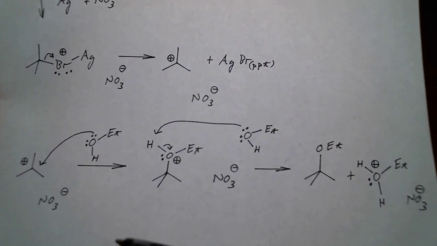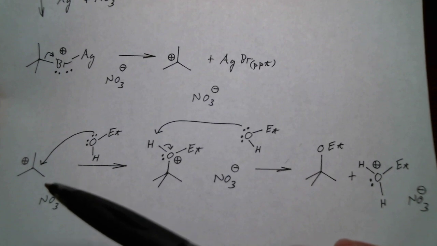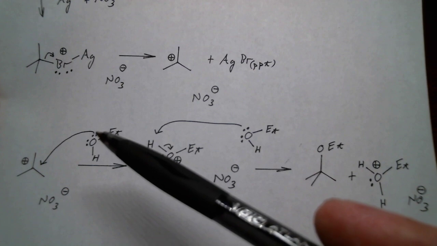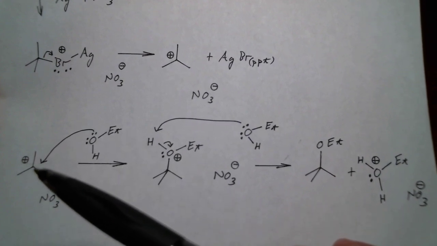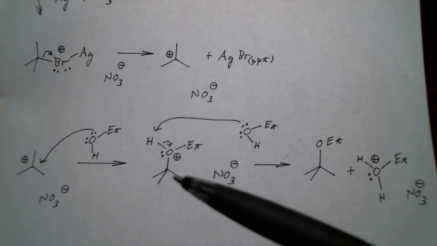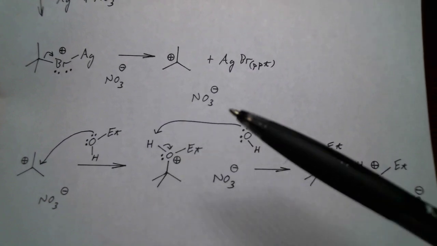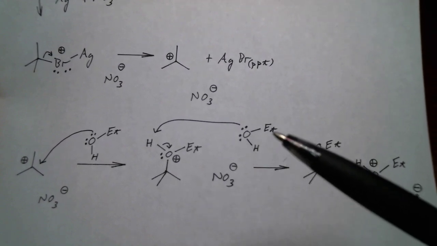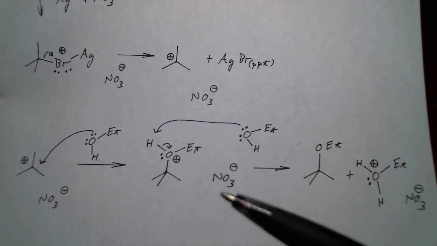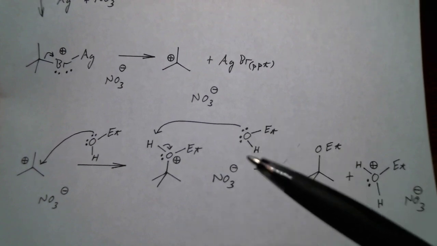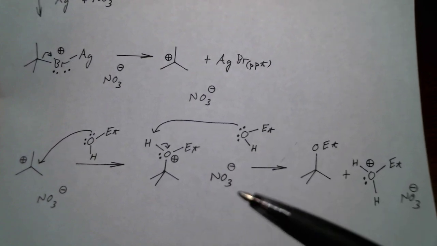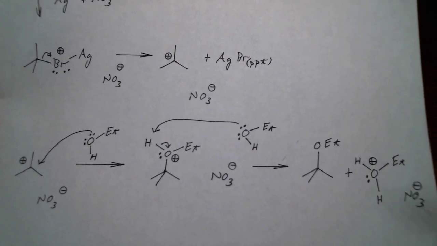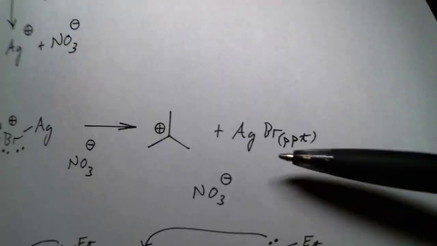And of course, in the mechanism, once you form the tertiary carbocation, your ethanol will take a pair of electrons from the oxygen, use them to form a bond to that empty p orbital on the carbon. Then all we need to do is deprotonate the ethanol molecule that added in. So we'll take a molecule of ethanol instead of the nitrate anion, because the molecule of ethanol is more basic than the nitrate anion, and we'll get protonated ethanol and the nitrate anion, which is really what happens to